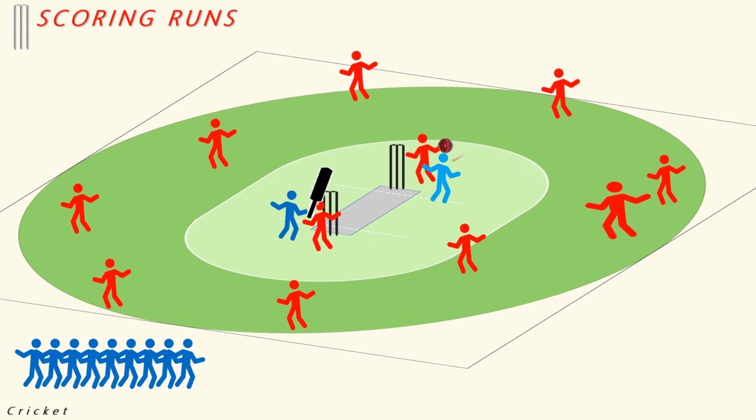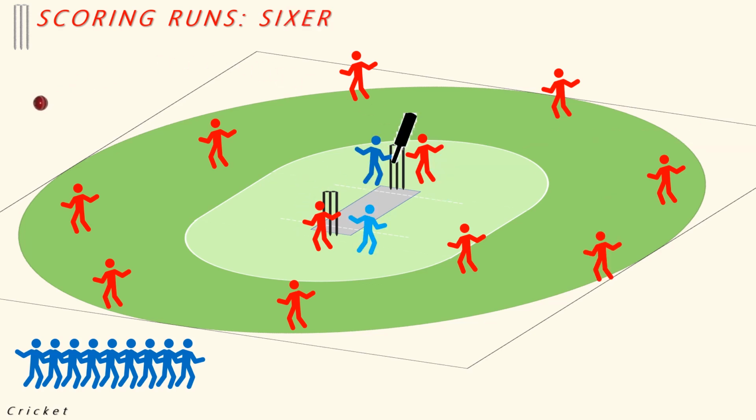If batsmen reach the opposite ends before the ball thrown by the fielder hits the wicket, a run is considered complete. If batsmen are quick, they can run across the pitch twice and hence score 2 runs, that is a double. Batsmen are allowed to run as many times and score as many runs as they can. However, scoring 3 runs or more is difficult and infrequent.